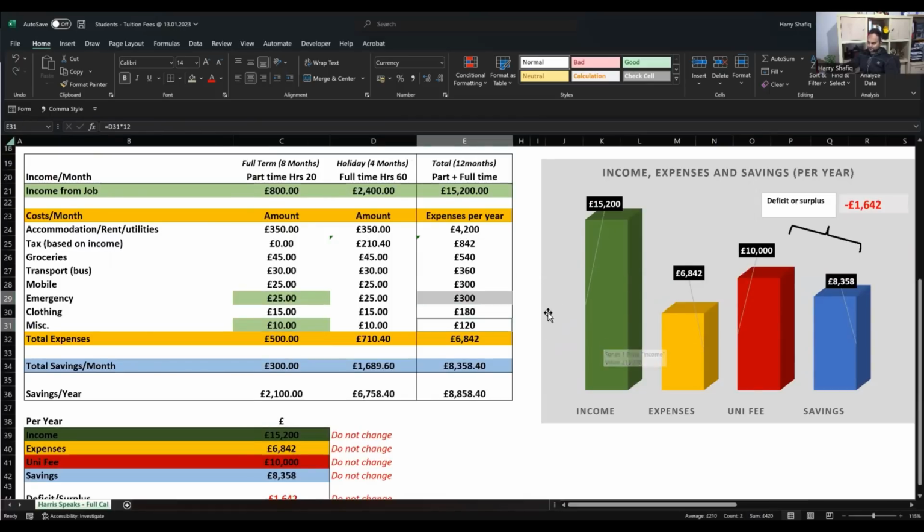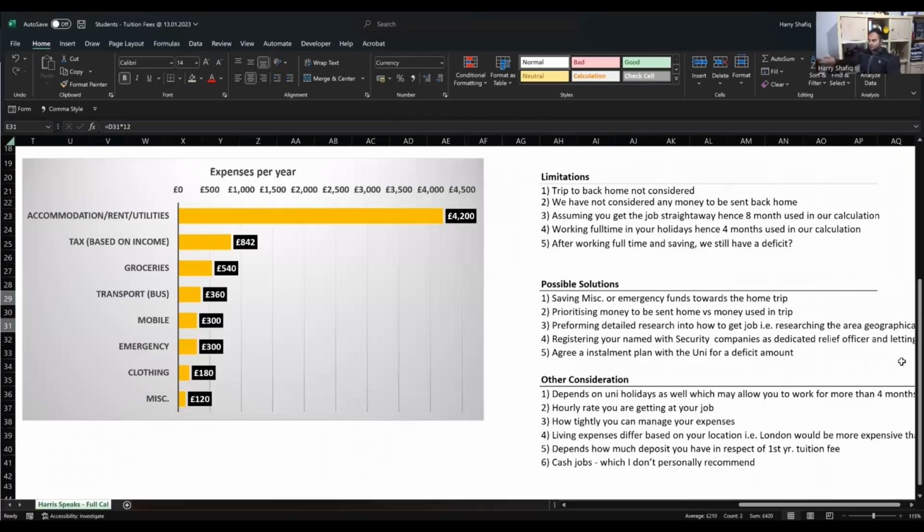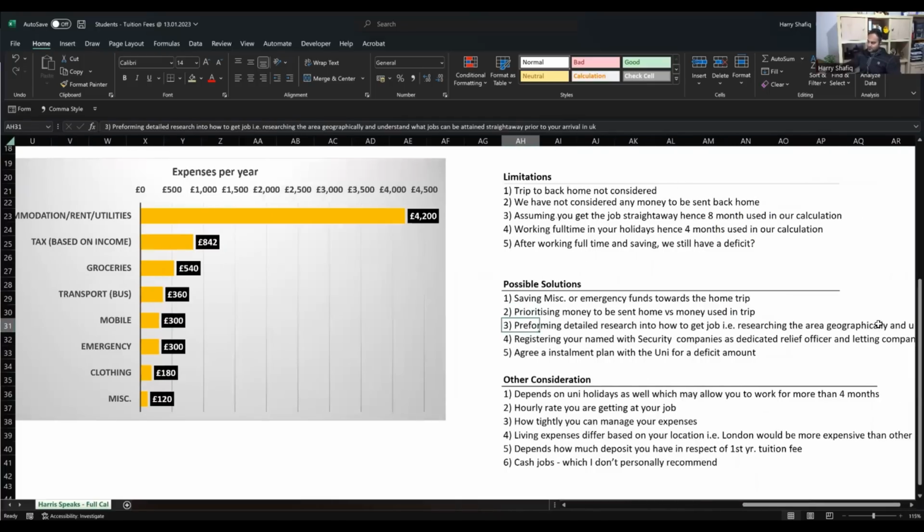If you save for 12 months, that would be £420, and then again, that can be used against your trip back home. Prioritizing money to be sent home versus money used in trips. Perhaps you belong to a family where sending money would be more important than planning a trip back home. So yeah. Number 3, performing detailed research into how to get a job, researching the area geographically, and